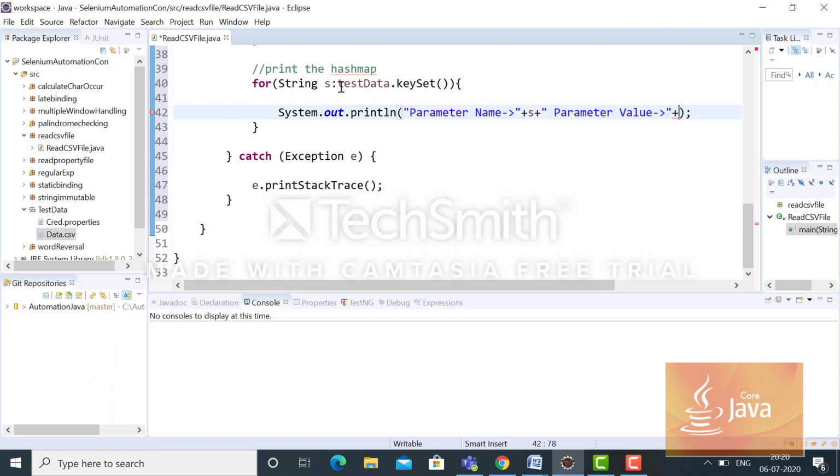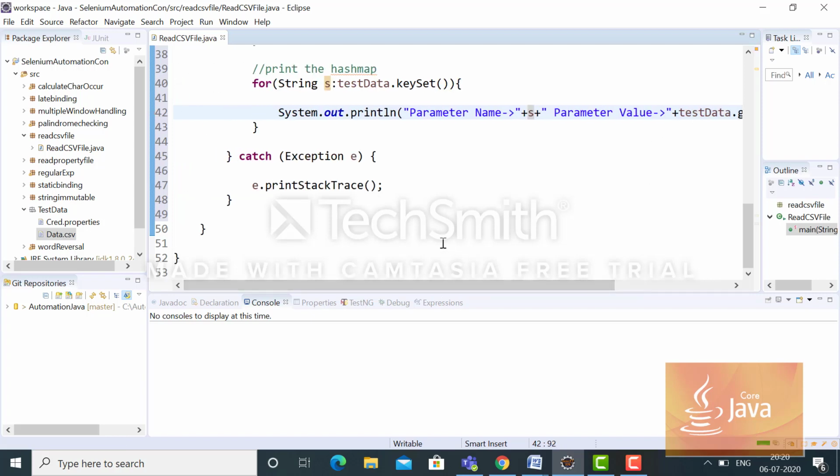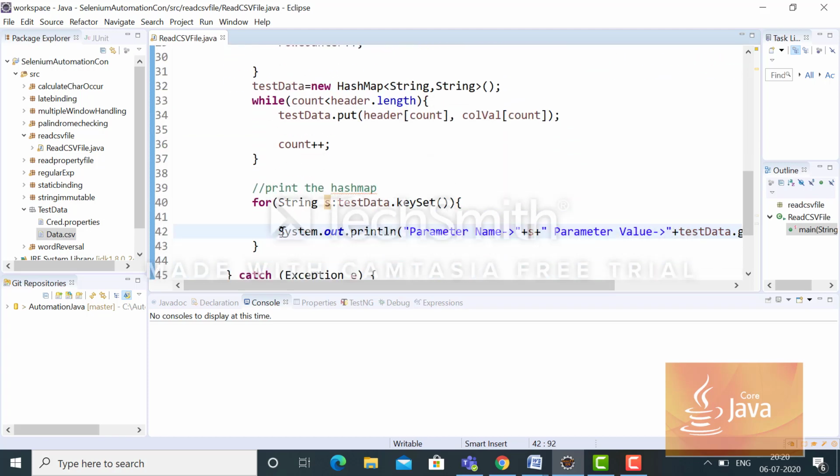So value will be this hash map dot get, and the key.